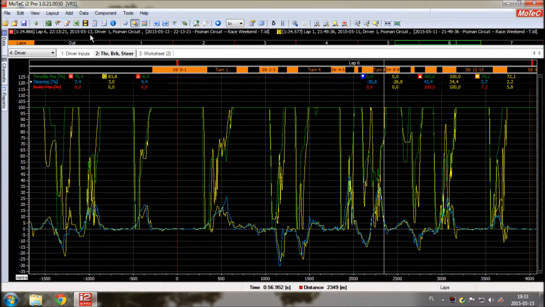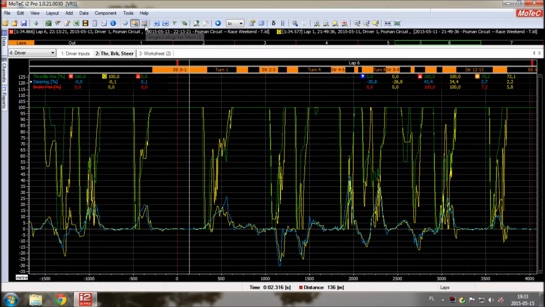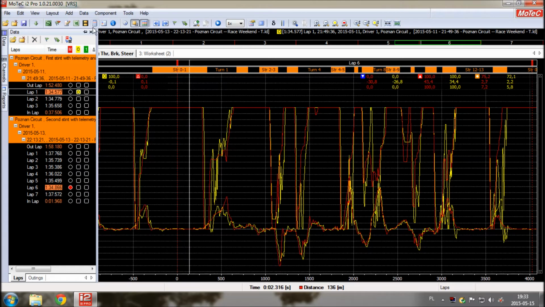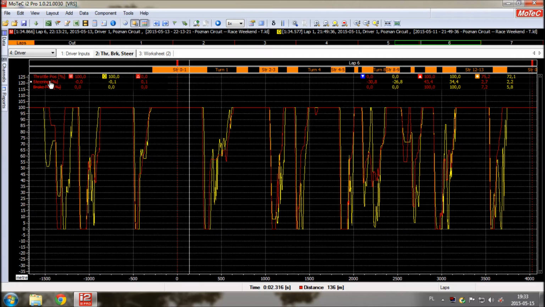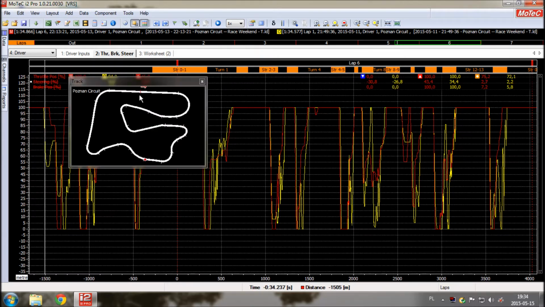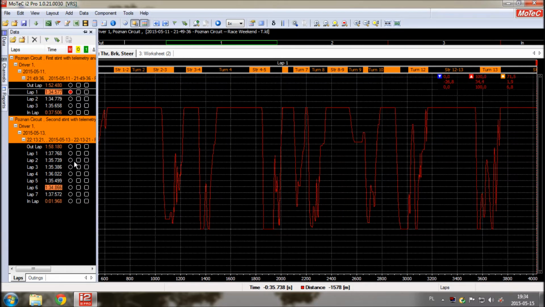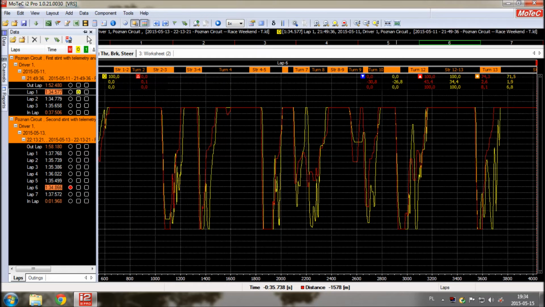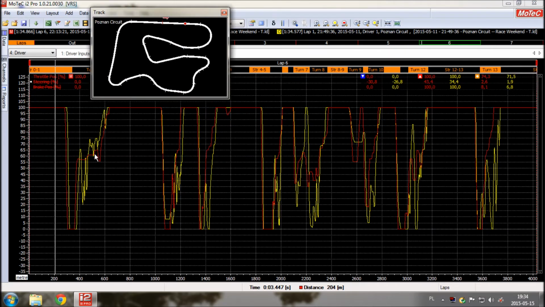Okay, good. And now we switch to one color per stint, per lap, and now the red is the second stint. Yeah, now we are focused on the red color. And what can we see? Okay, let's start. Hold on a second. Okay, now should be okay. Good, perfect. Okay, so we are approaching turn number 1